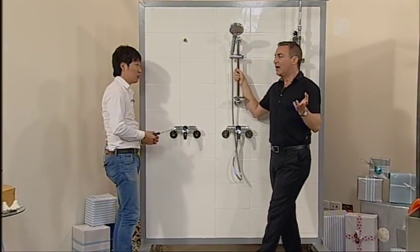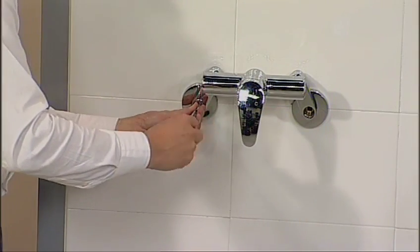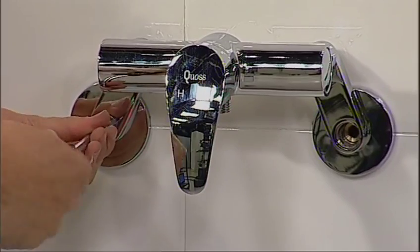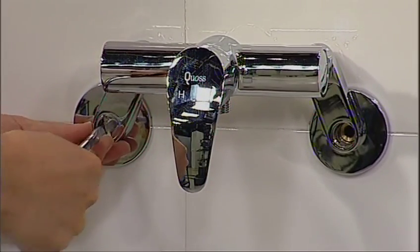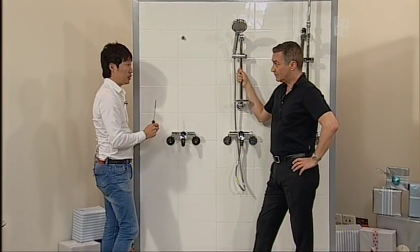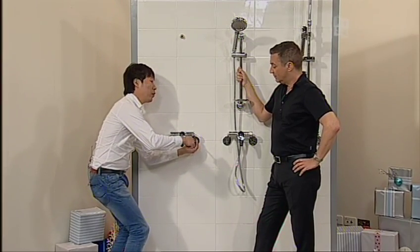Now we've had a question, and I don't know whether we can really answer this, to be quite honest with you, but a customer is asking would the shower be good for somebody's skin condition? He's got psoriasis on the scalp. That's more to do with our vitamin C filter, which you can buy separately. I think we're just out of stock at the moment, but from next week we're going to have a vitamin C shower head show. There's no reason why you can't buy the filter separately,